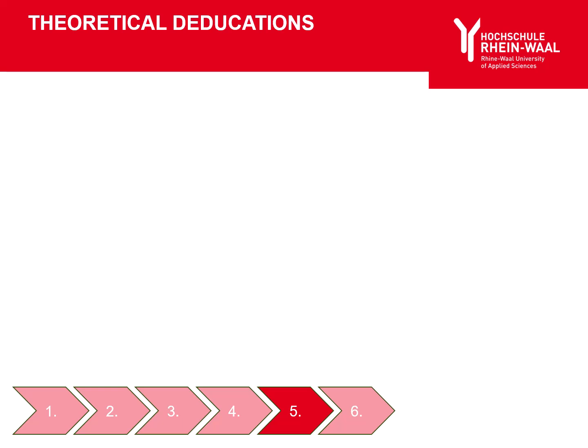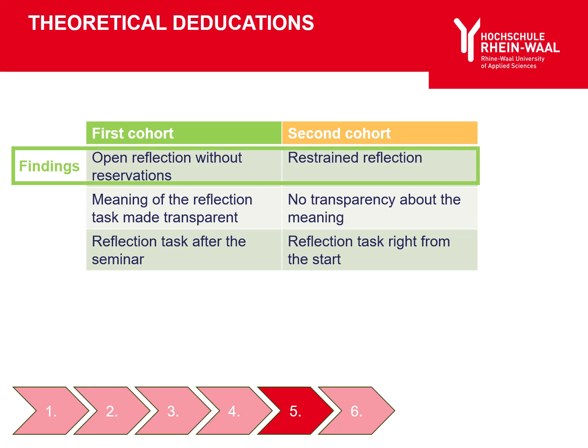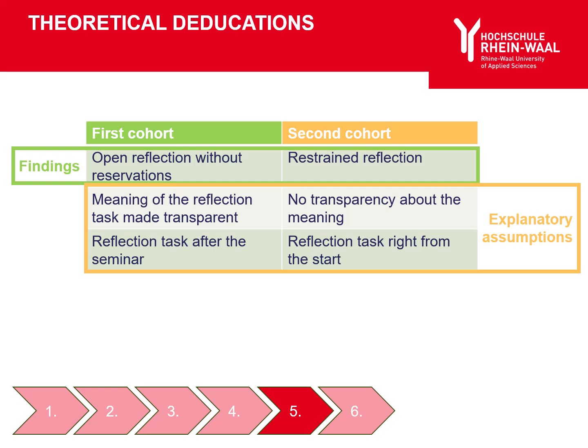This also caused me to reflect on my own attitude, my teaching attitude. While the first cohort reflected openly without fear of contact, this was rarely the case in the second cycle and led to statements such as, "I don't want to talk about my own experiences." I have tried to summarize the irritation this caused me here. In the first case, I named my own research interest, but in the second case, I did not.